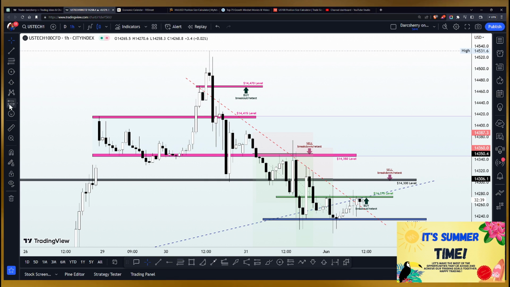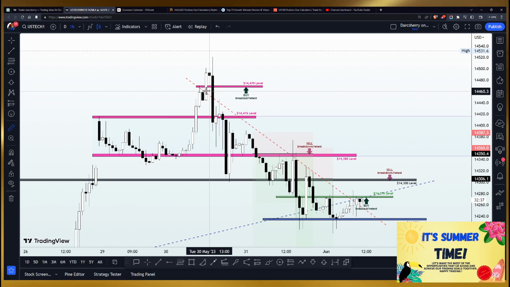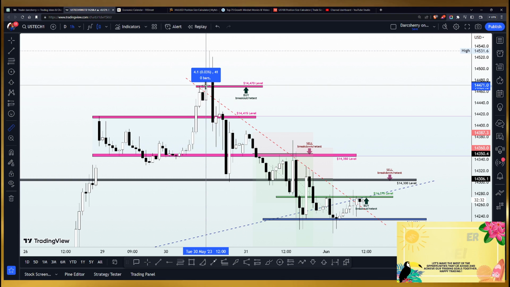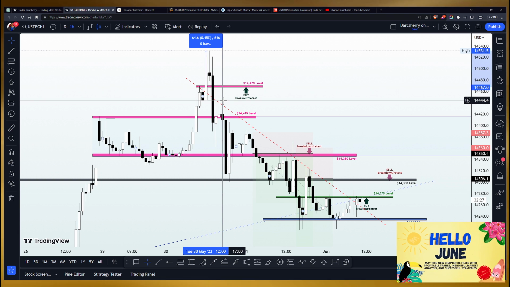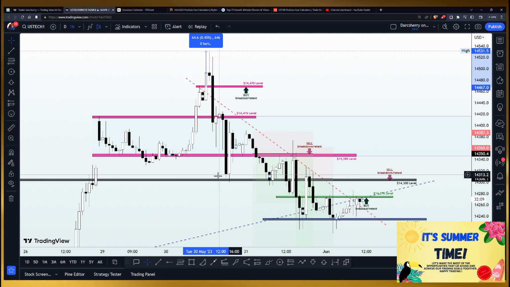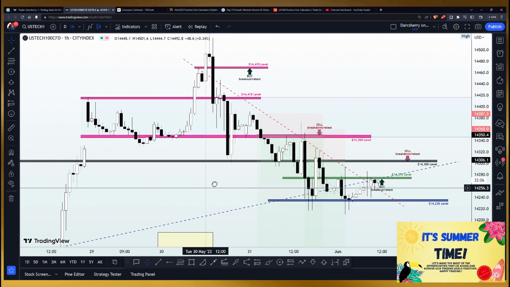And during our live session on Monday as well, we acknowledged the 14,470 level, where we said we are going to be looking forward to another opportunity. And in fact, price moved about 60 pips in that direction. And of course, you know that we normally move our stop losses accordingly when price action moves in our favor to secure the position. And if you had done that correctly, you would have been taken out with a small profit, or probably in a worst case scenario at break even. So this was the situation we had during the first couple of days of this week.